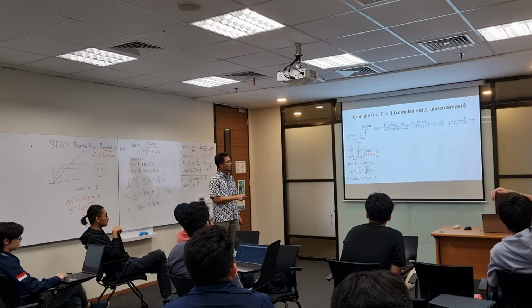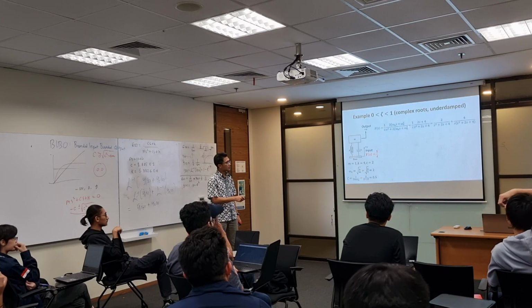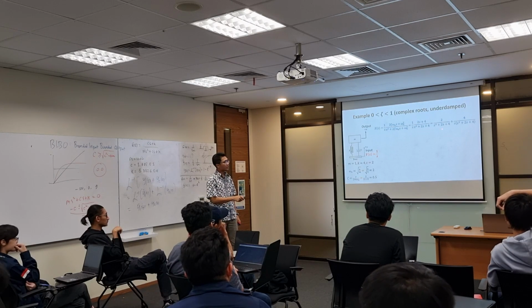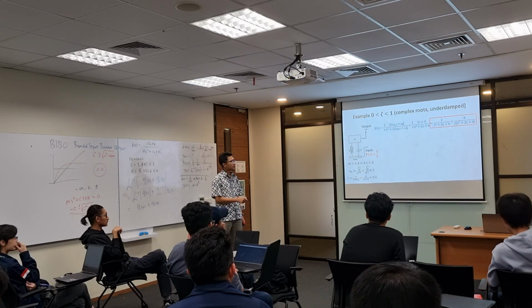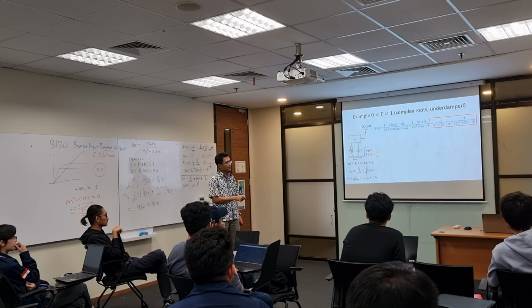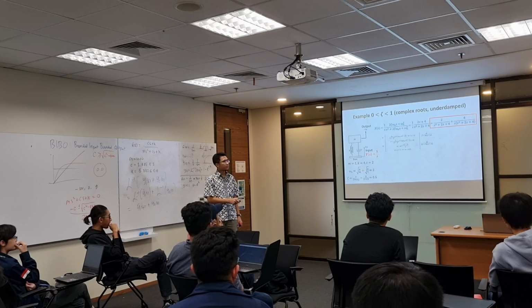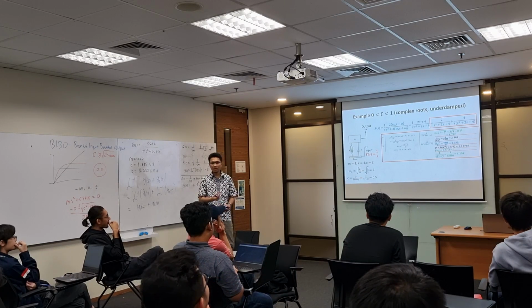Okay. So this is the original expression of Xs, and this is after we insert omega n and zeta into the system. After that, we split into two terms. This one term and that one term. We know that the top part is 2, this is 4. So we have to adjust so that the top part becomes 4. And these are the calculations that we need to do before we arrive at the answer.